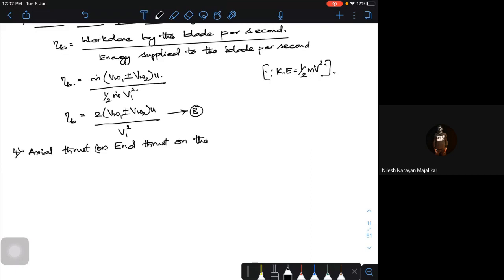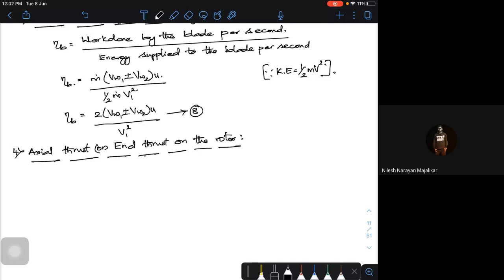What it is actually, this is the force acting in a direction perpendicular to the rotation. That means if this is my axis and this is the rotation, what is acting perpendicular to it on the rotor? Hope you remember that you may have used journal bearings in your design classes. There you might have seen what axial thrust is on the journal bearing.